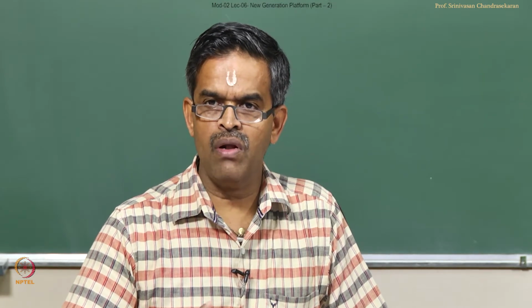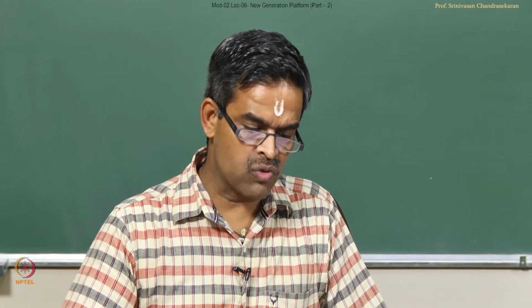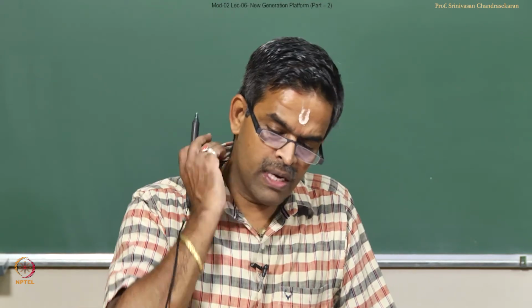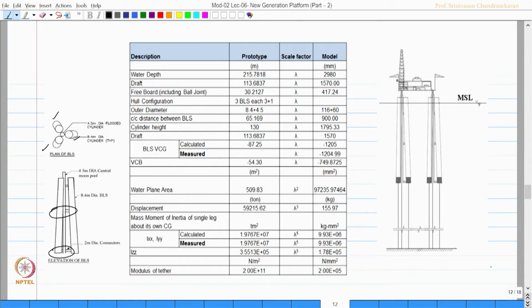Can we control that? Can we integrate the motion of all the buoyant legs together? So, that was also examined by interconnecting the buoyant legs, with 3 legs together, and each leg has got 3 groups of buoyant legs and each one of them are connected. However, each buoyant leg remains independent. Okay. So, the structural characteristics of this model at the scale of 1:72.41 to be very specific is given on the screen.